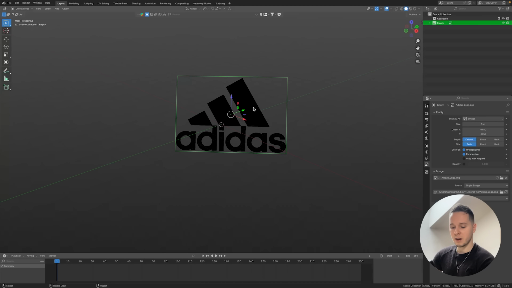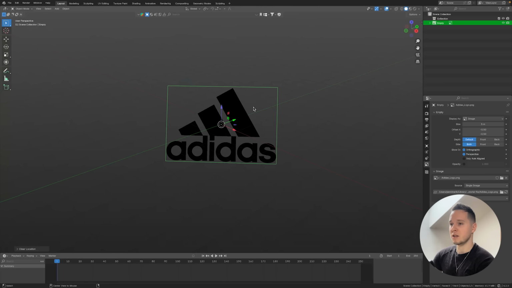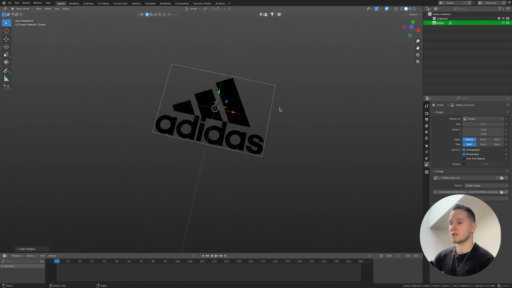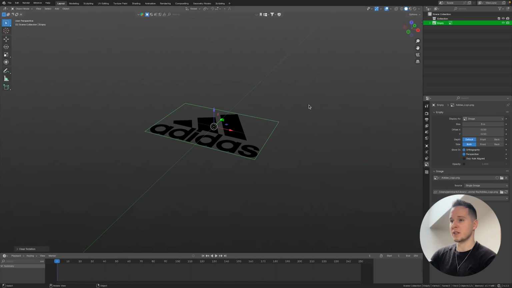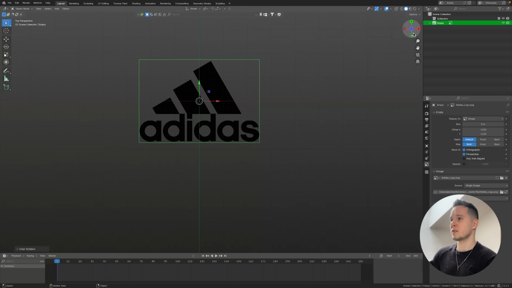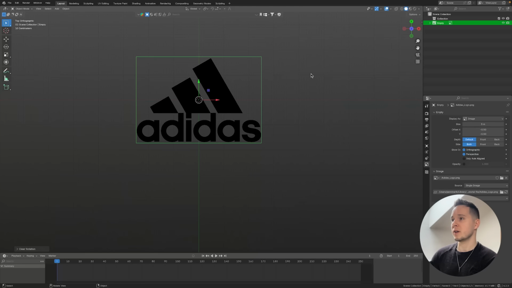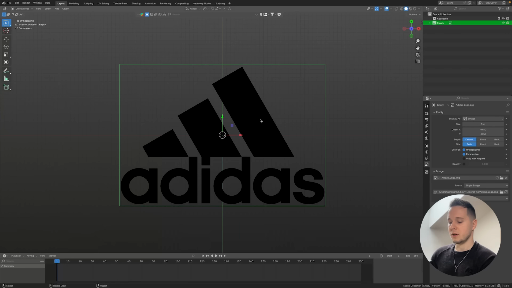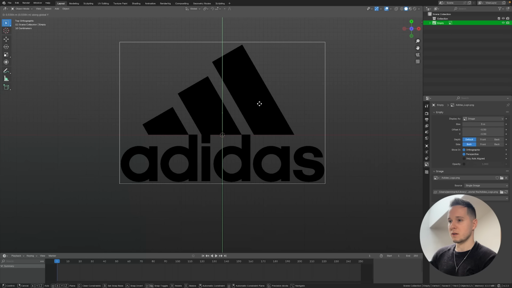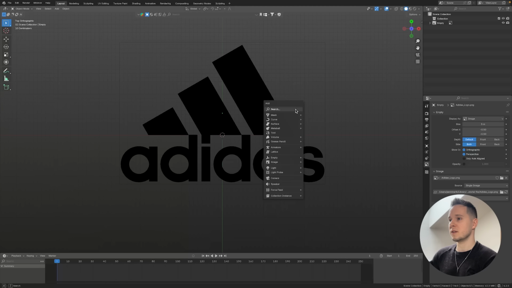So I have the PNG file, and I'm gonna press Alt, G and R to reset both location and rotation. Now I'm gonna press 7 to go to the top view, or you can press the blue Z over here if you don't have a number pad. And I'm also going to press 5, and that's how we set an orthographic view. Or again, if you don't have a number pad, just click over here. And I'm gonna position this one on the red line like this,